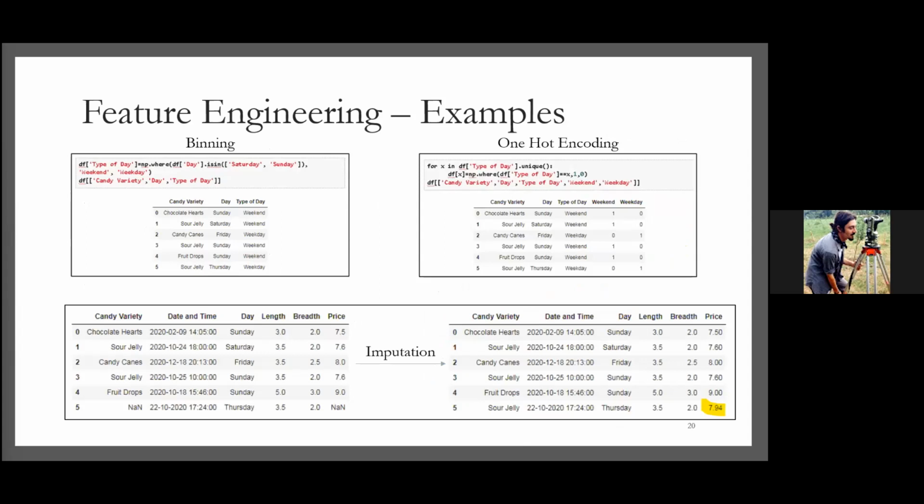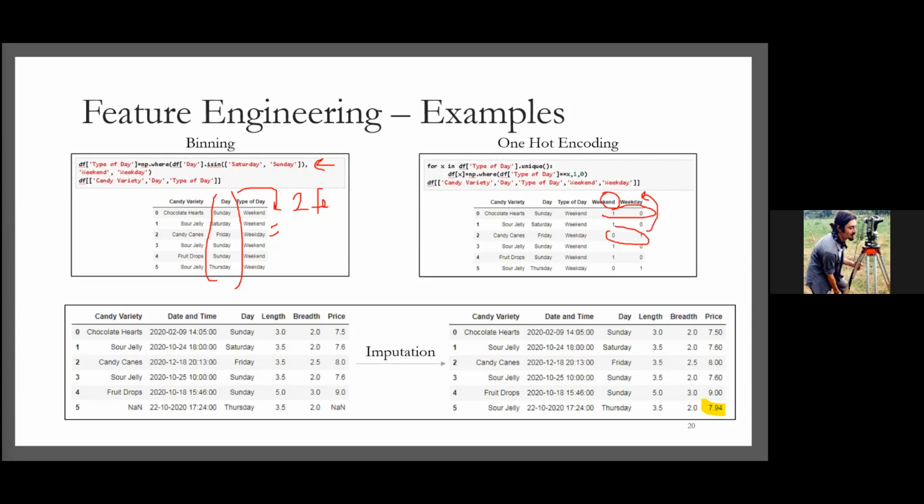And we talked about binning and one-hot encoding. We can see an example of binning here, using Python examples. We have a day column, which has 7 different values in it. We can put all the column values into weekend or weekday. In that way, we are going to have only 2 features in our data set for the type of day. And with one-hot encoding, we can assign them 1, 0 for the weekends and 0, 1 for the